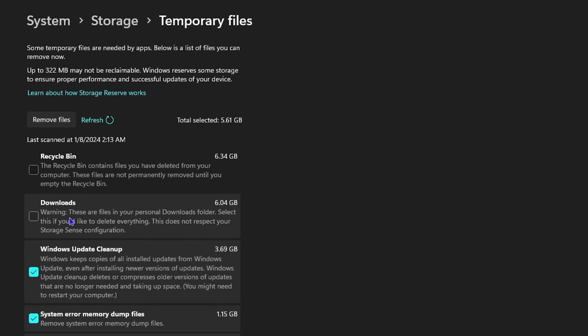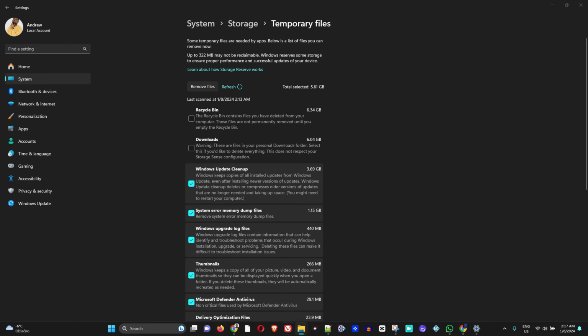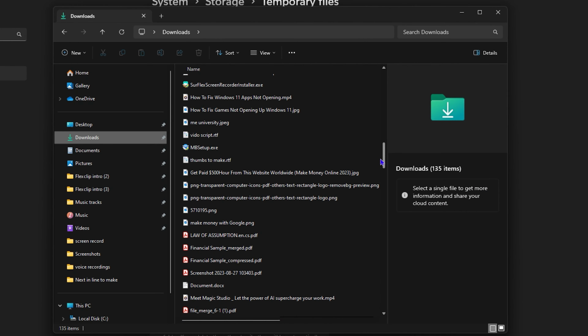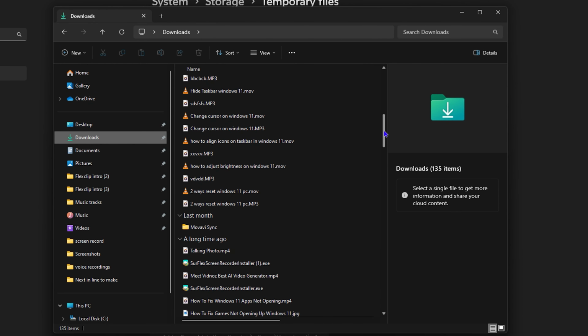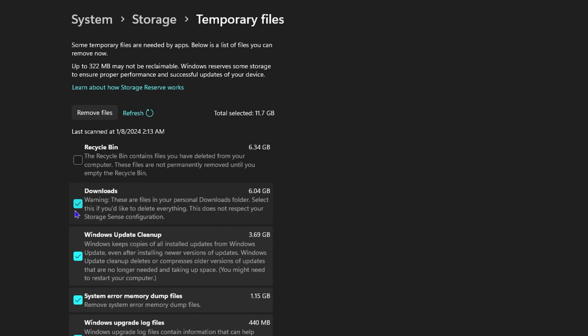Now if you have anything important, for example in your downloads, you want to ensure that you go to your downloads folder. So simply click on your File Explorer here and go to your downloads and go through your download list to check whether there's anything important there that you need, and if so, you want to go ahead and copy them, create a new folder, and store them elsewhere, right, so that you will not lose those files, right? So once you do that, then you can go ahead and check this box,